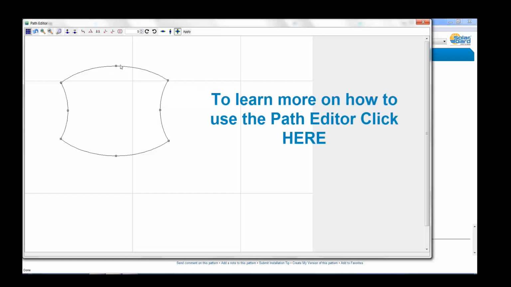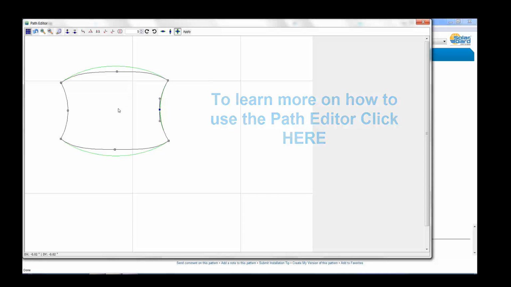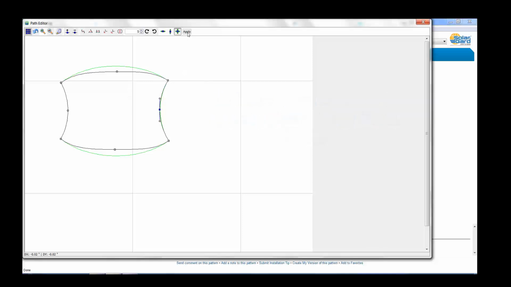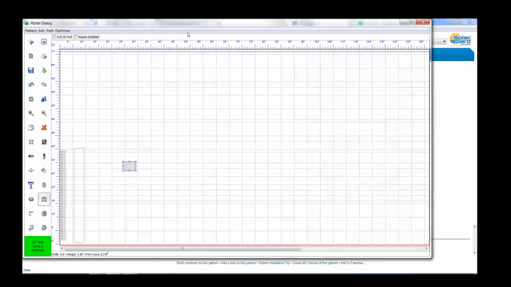And let's say you want this top part a little bit flatter, so you can just click on here and pull this down, and it'll flatten it out for you. And the same thing down here if you wanted to make that a little bit flatter, or let's say you wanted this to be a little bit closer to the edge, so again you can move it in and out this way, and you can adjust the shape in the path edit to however you want it. So let's say this fits the car the way we want it, so we click apply, and it pulls it in here,